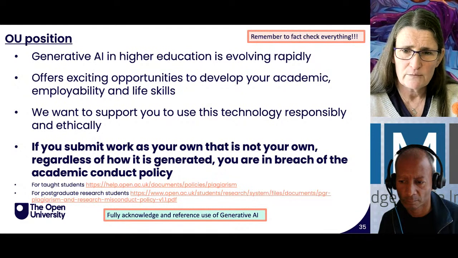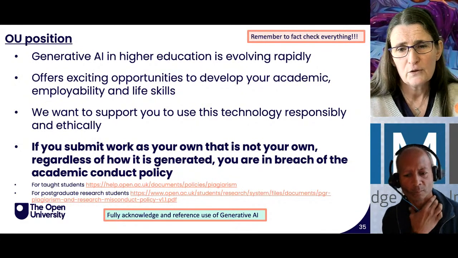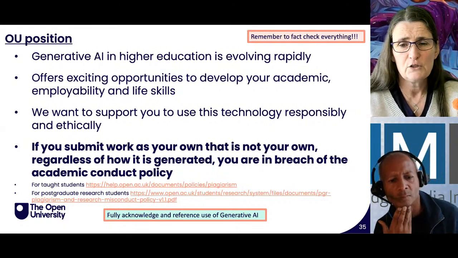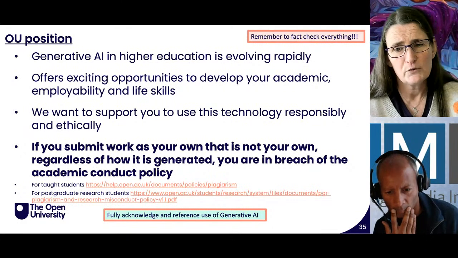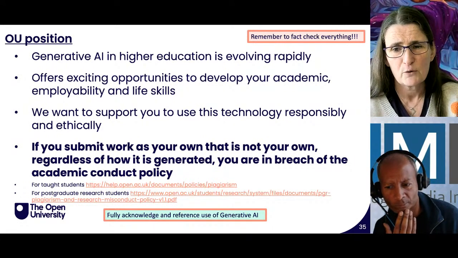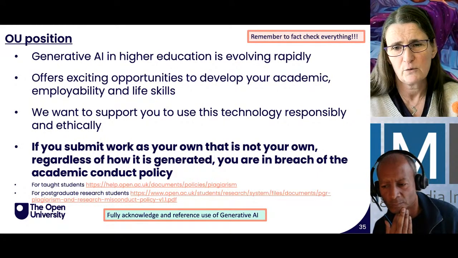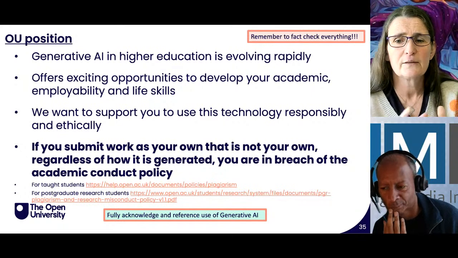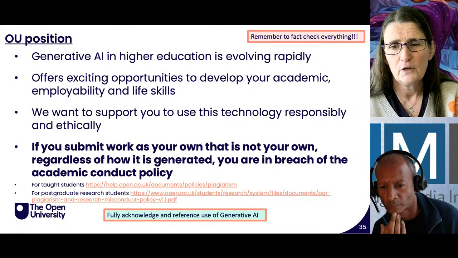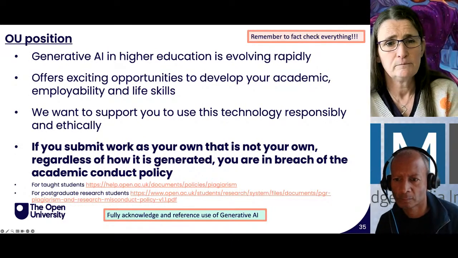I've got at the bottom of this slide here a link, and again, we can share these links with you. So this first one is for taught students. Just to let you know, taught students are all undergraduate students, and most masters are taught master's programs. There are a few masters that are research programs, and that's where the postgraduate research students come in. So your research students, your PhD students, there's a slightly different way of looking at this for those students. So next slide, please, John.